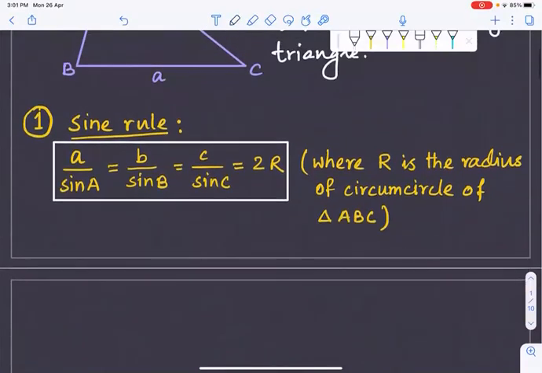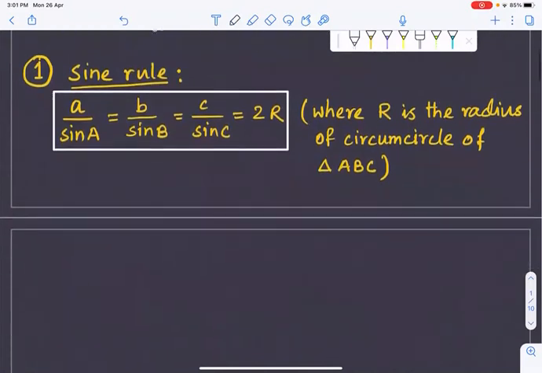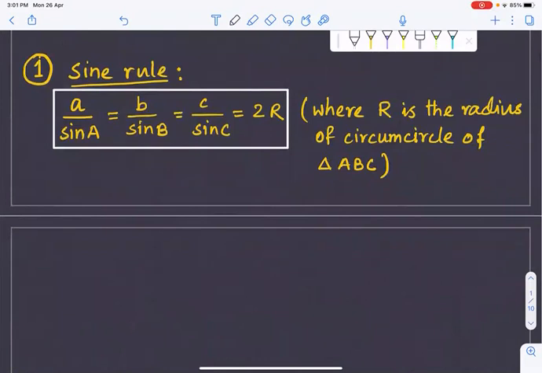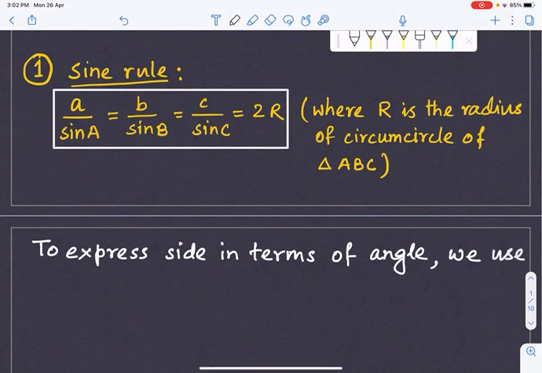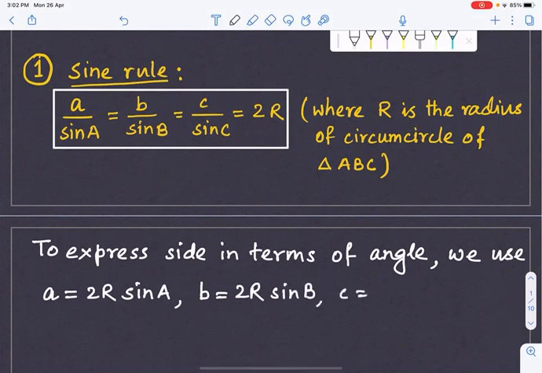Another way, in the sense, when we express side in terms of angle, to express side in terms of angle, we use a is equal to 2R sine A, b is equal to 2R sine B, and c is equal to 2R